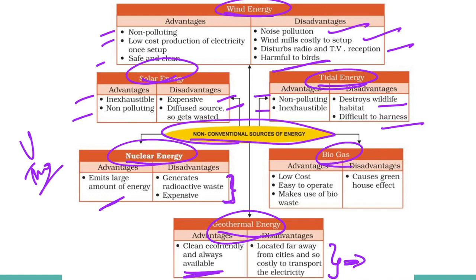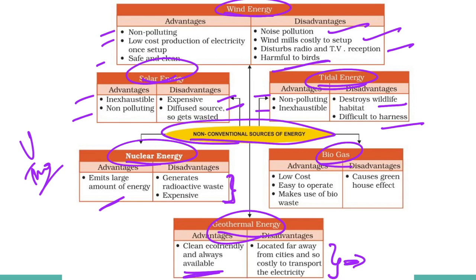Biogas. Organic waste such as dead plant and animal material, animal dung and kitchen waste can be converted into a gaseous fuel called biogas. The organic waste is decomposed by bacteria in biogas digesters to emit biogas, which is essentially a mixture of methane and carbon dioxide. Biogas is an excellent fuel for cooking and lighting